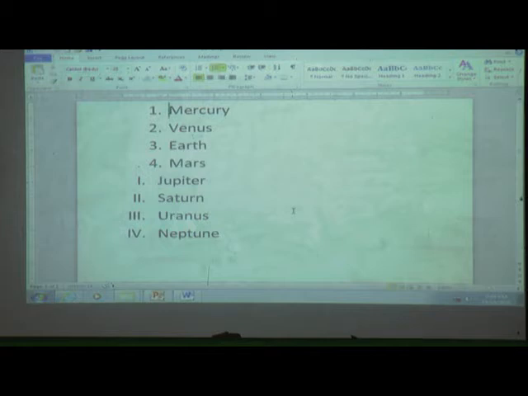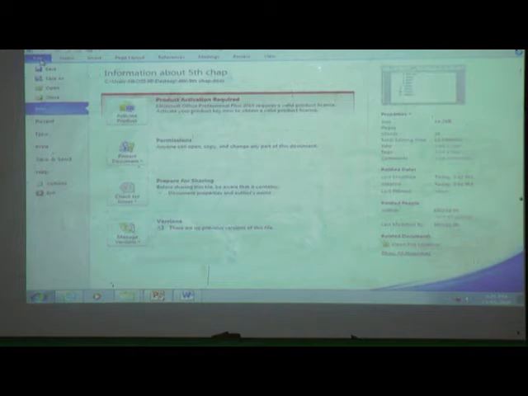Now, how to close the document. What is the use of Close? Where is the Close option? In the Office button, or we can say the File button. We will see where it is. File and then Close. What happened?